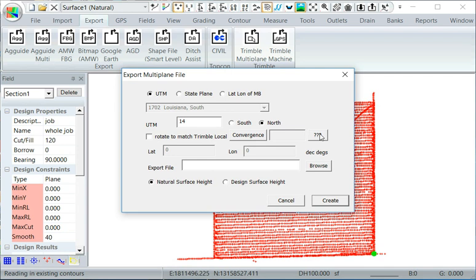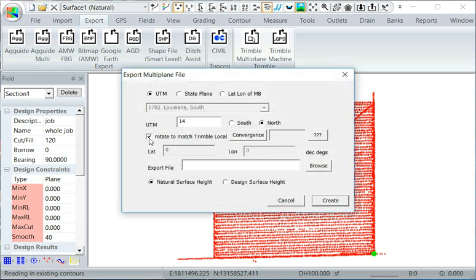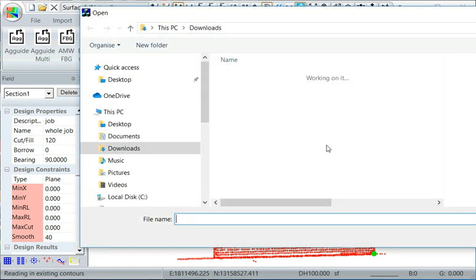So if you're just not sure about this, click that. Multiplane is based on a local coordinate system, using true north. If your data is based on a system with true north, then don't tick. But if we've got a system using UTM, then you should tick it. So we need to tick it because it's in UTM, and multiplane is true north. So tick that. Need to create a